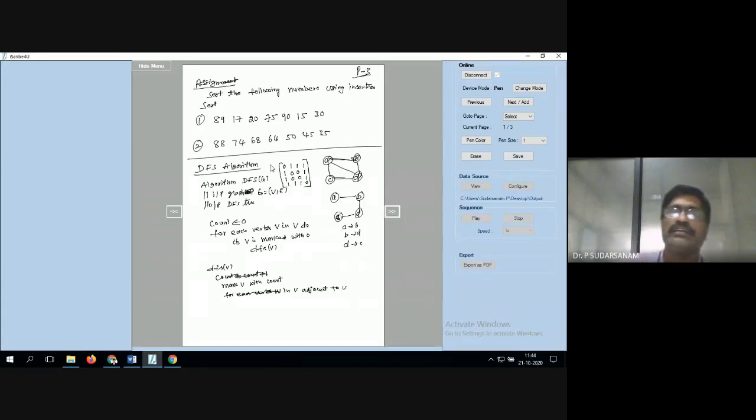Adjacent to V is nothing but, in this matrix, you are reading for each vertex W. So in the given graph, you are reading A to A, A to B, A to C, A to D. Where you have 1, A to B is there. Now you have to start with B only. Now write it: if W is marked with 0, that means what? Initially you reach A, and you make it 1.